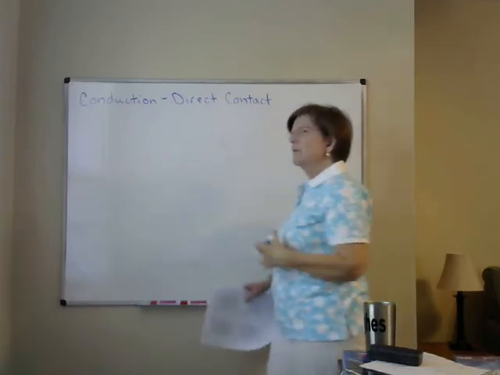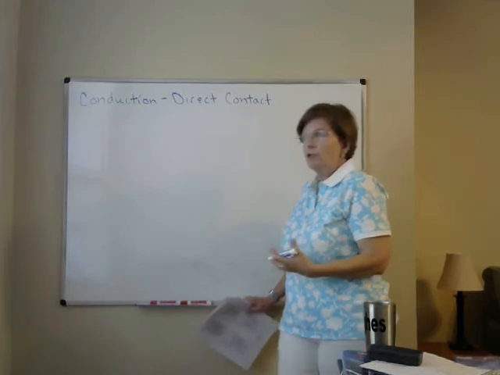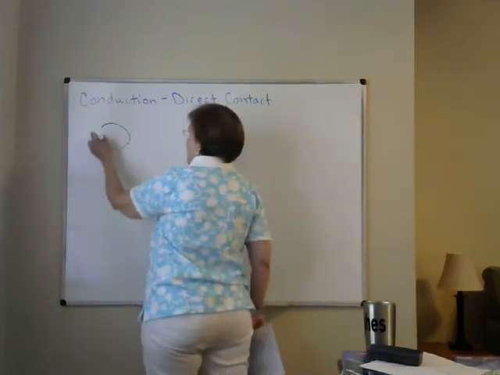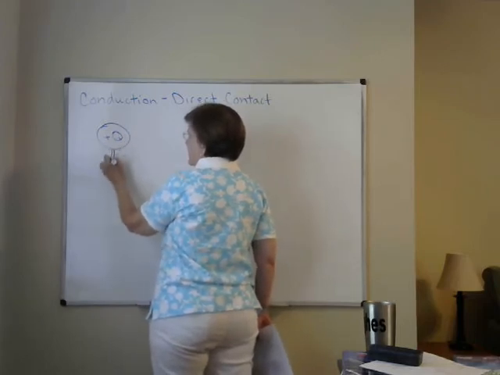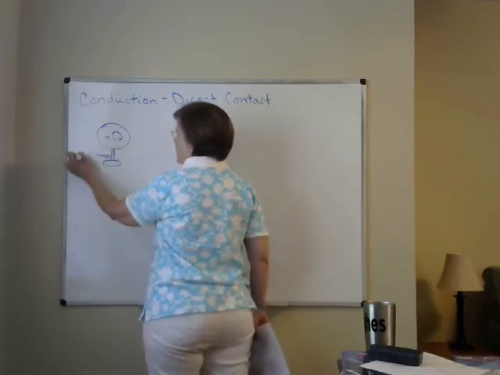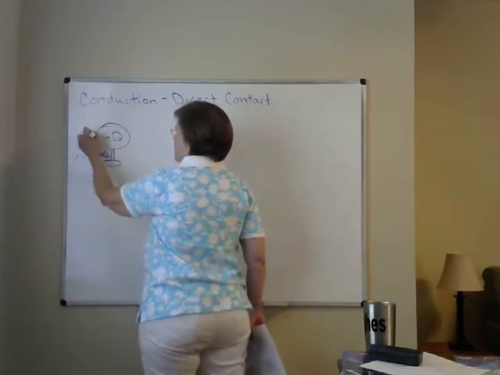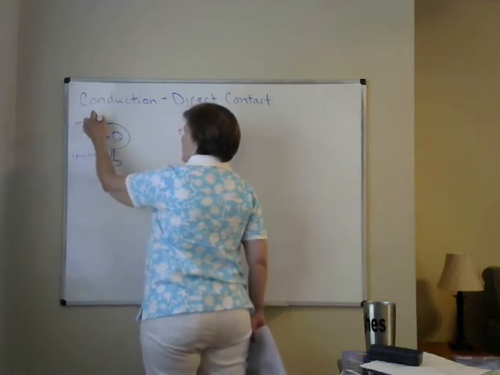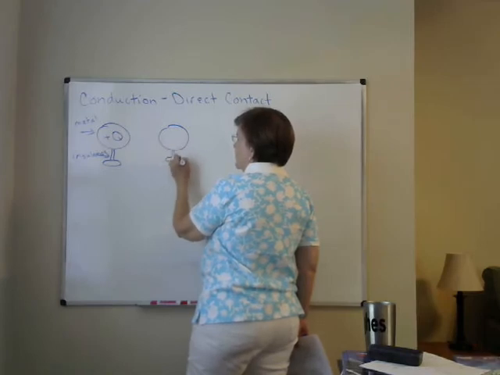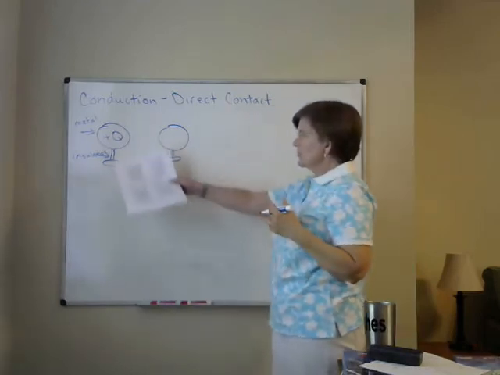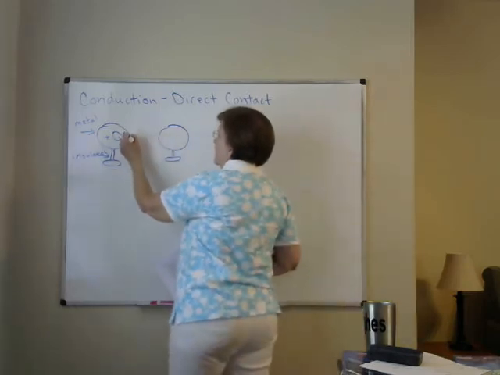Now, conduction works really easily if you have two conductors. If I have a metal sphere that has a charge of plus Q, I'm going to put it on an insulating stand so the charge won't run off. It stays up there on this metal sphere. And I have another one just like it that doesn't have any charge. So this one's got a charge plus Q, and this doesn't have any charge. If I pick this one up and move it over here so that they touch,